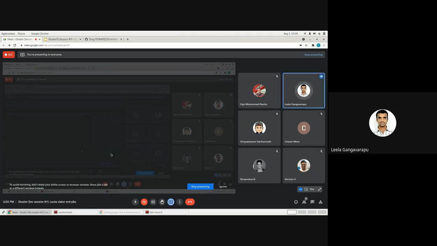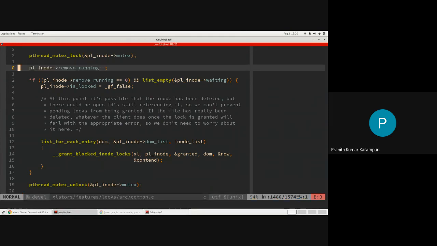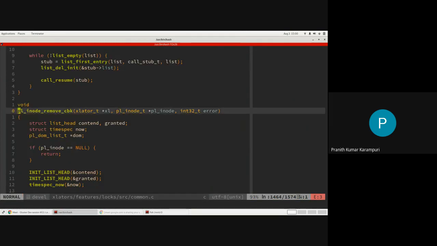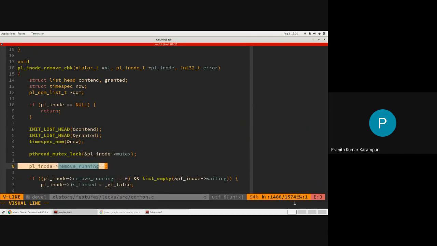You have mentioned we are adding the operation to the queue, and there might be some pending in the queue that has to be done before removing the lock. No, yeah, that part is fine, but the question is more along the lines of: when can the number of removal operations be many if we are taking appropriate locks?